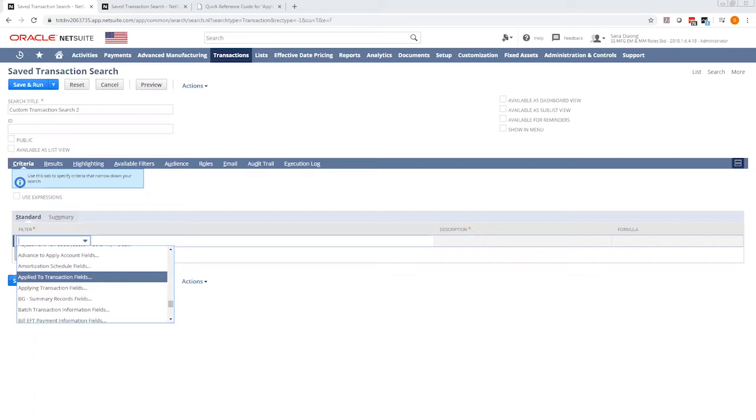For applying transaction, which is right below, this means the search will pull transactions where the vendor bill created a different transaction from. For instance, like the bill was created from the PO, a payment or a credit memo can be applied to the vendor bill. I know this could be a little bit tricky sometimes when we have to think about it,